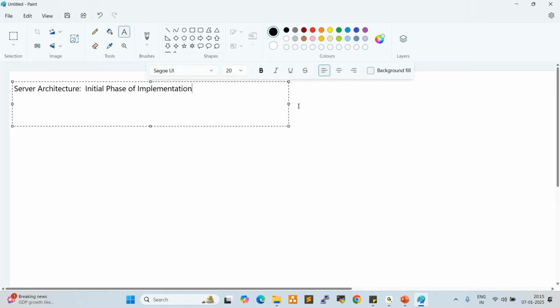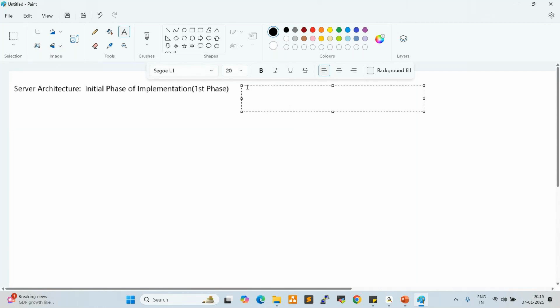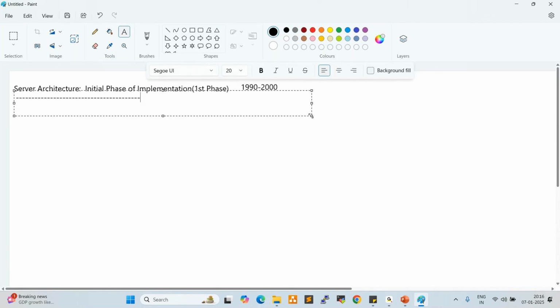In the 1990s and early 2000s, how the project teams used to configure the servers, how they used to design the servers. Let's try to understand here. So this is the first phase of implementation. In the 1990s and early 2000s, how the project teams used to configure the servers, right? How they used to deploy the applications.